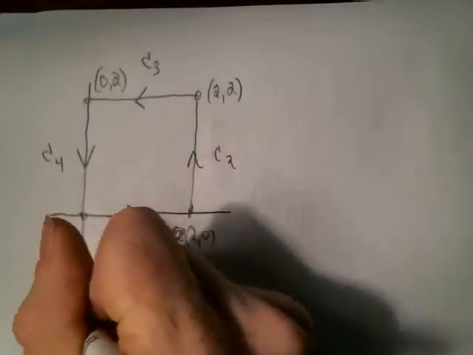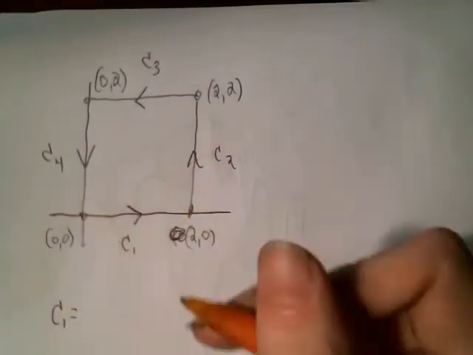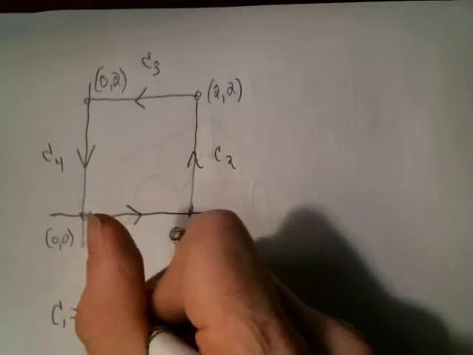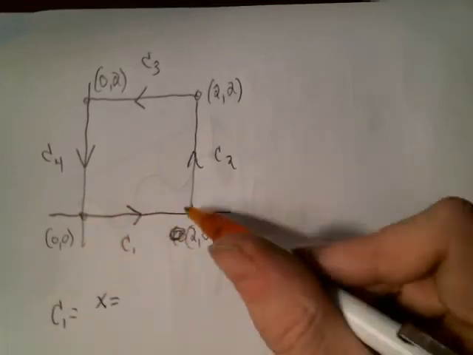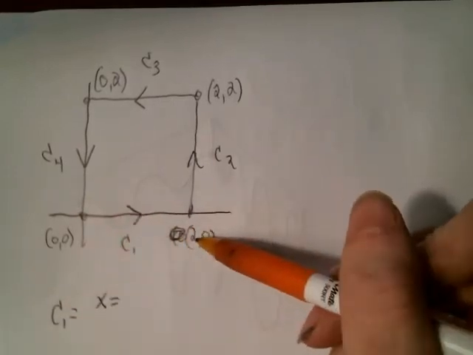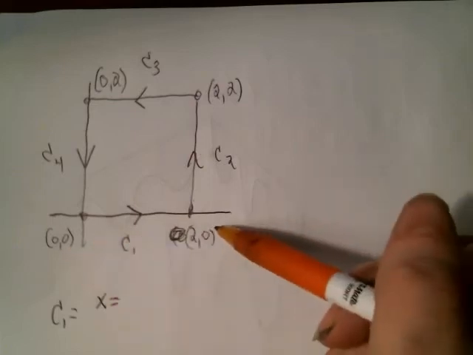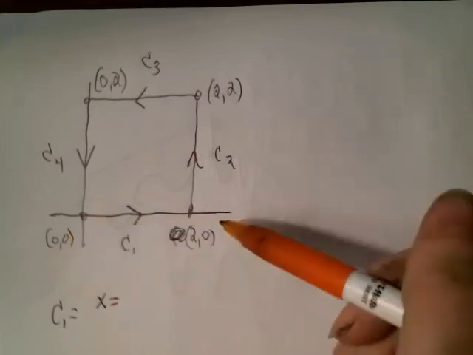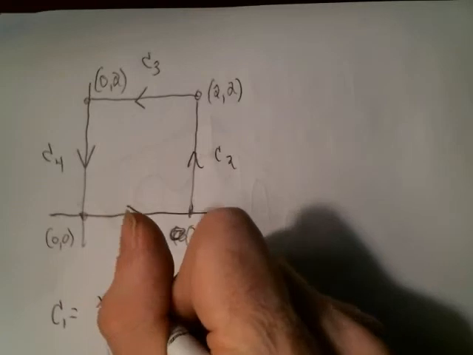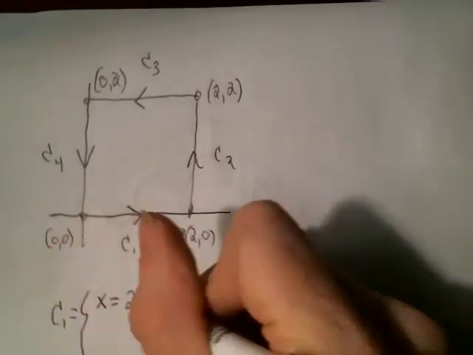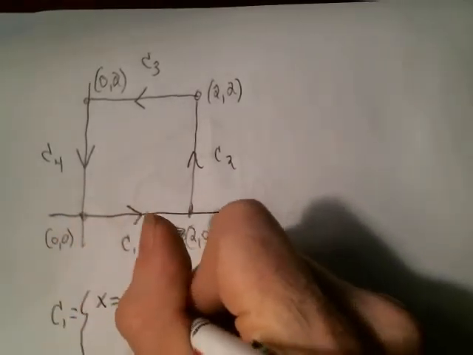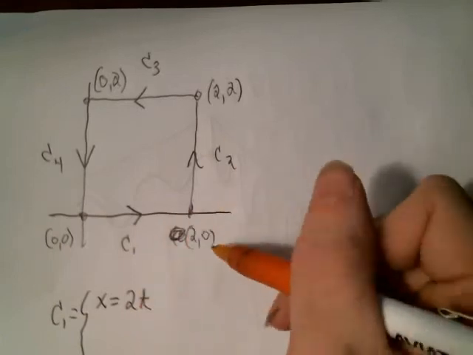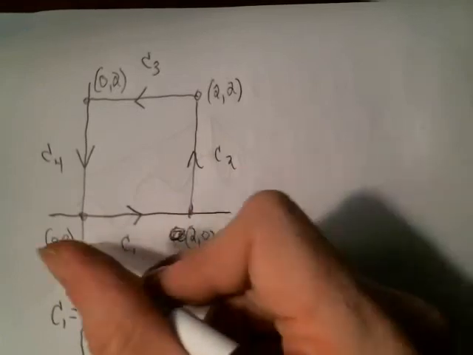So for C1, what do I have? I have x equals the x slope. So the x slope is just x2 minus x1, so 2 minus 0, which is going to be times t, and then you add in one of the x points,